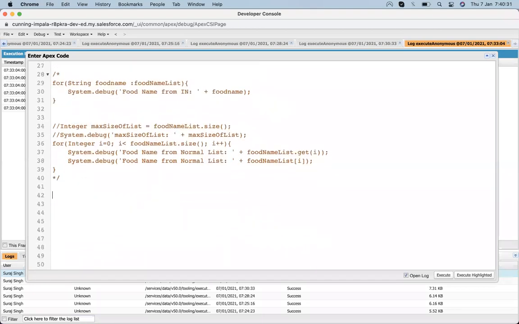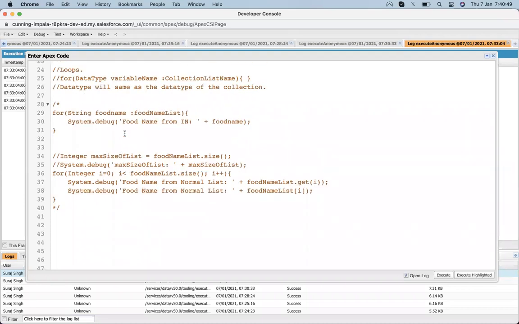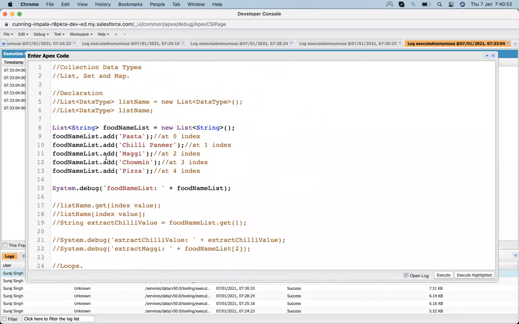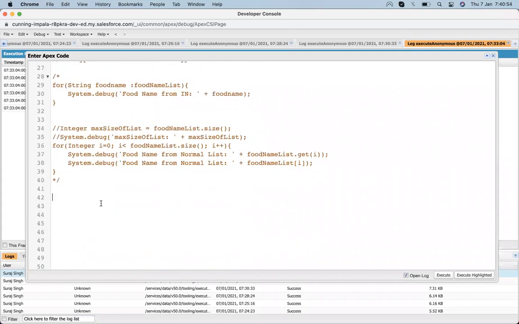Declaration of the set is the same as how we declare or add a value inside a list or perform operations on the list. There's no difference in that.